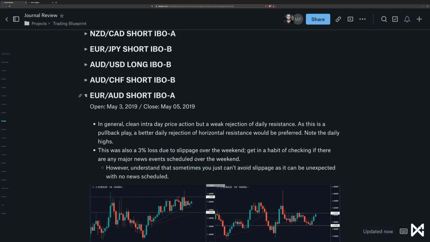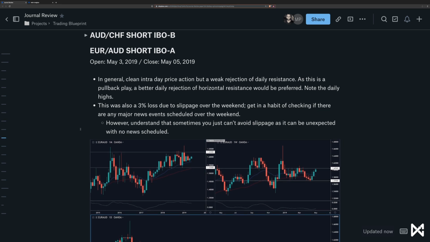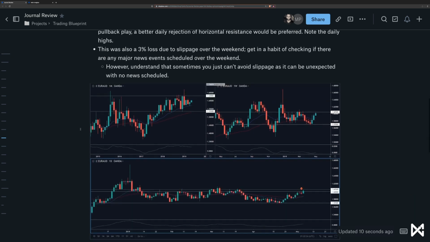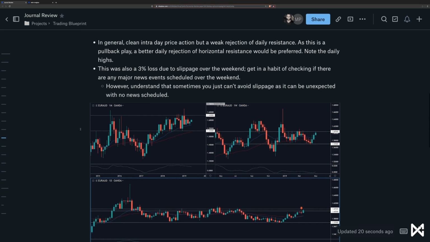Euro Azie short IBO-A, okay, May 3rd. In general, clean intraday price action, but a weak rejection of the daily resistance, as this is a pullback play. A better daily rejection of horizontal resistance would be preferred, not the daily highs. So another pullback, right, with a weak rejection of daily resistance. Let's have a look